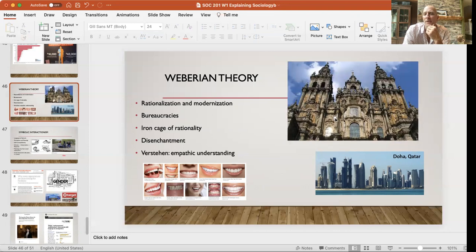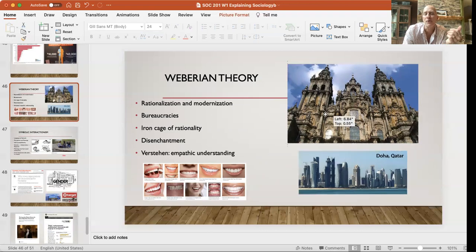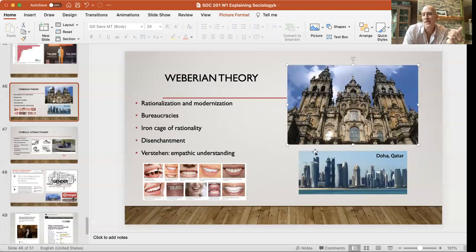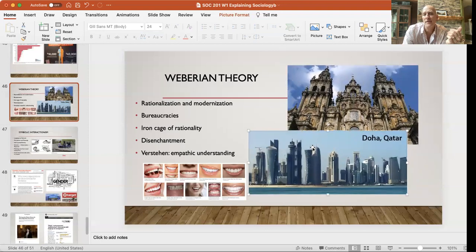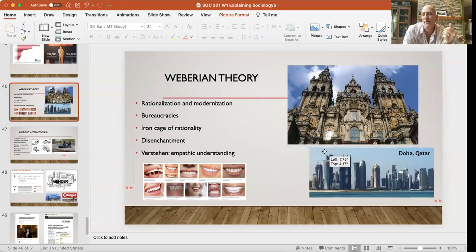Anyway, what's being illustrated here, this is prior to the development of science. This is the tallest building in a city, was a cathedral. Here's Qatar. This was built over a couple hundred-year time period. This is Qatar. The tallest building today is in Qatar. And that building was built in less than 10 years, this major skyscraper, right? So this is an expression of a sacred world versus secular science, technology, business, industry, a shift in society itself.